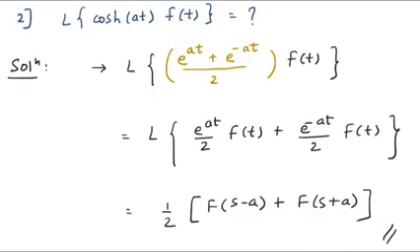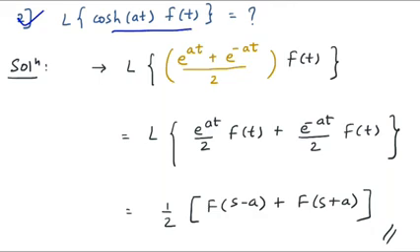Okay, so now we will see some level up questions. You have to find the Laplace of cos hyperbolic of at into f of t. Now at the very first instance you don't know how to solve the question, but I have always told you, whenever you have two functions multiplied, you cannot split the Laplace. If you cannot split the Laplace, then you should think of some techniques, like how can I convert this question into some trigonometric form or some exponential form.